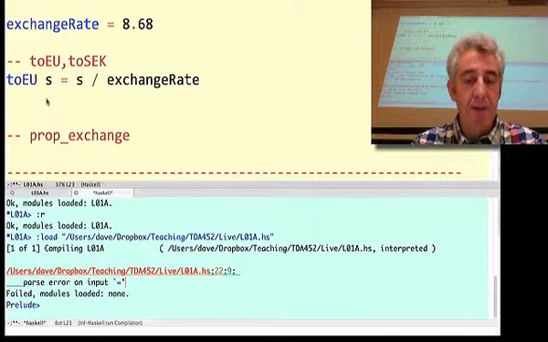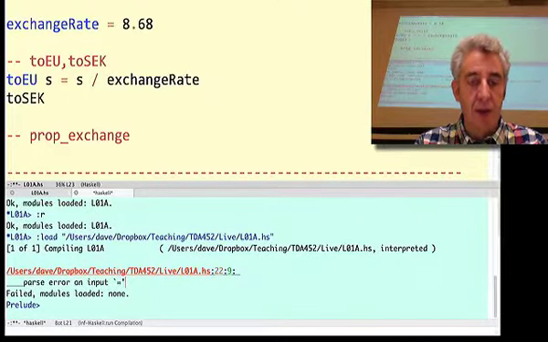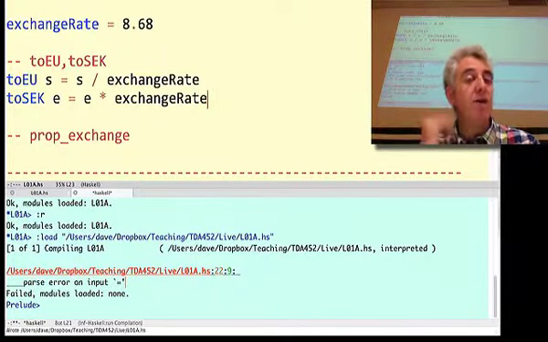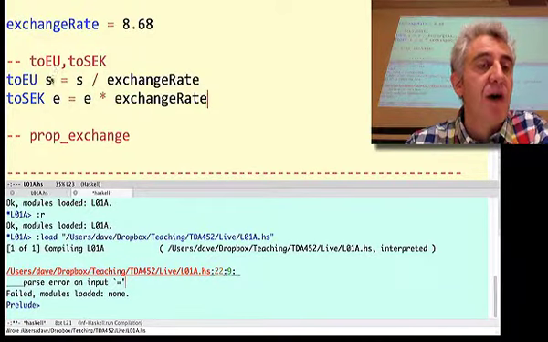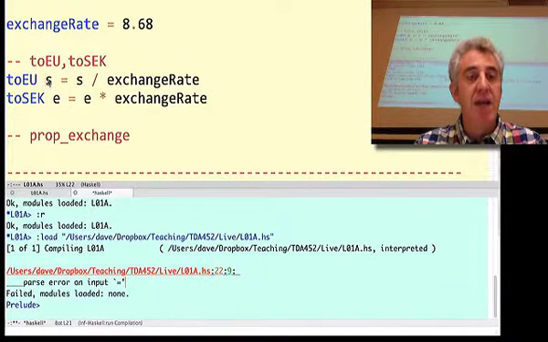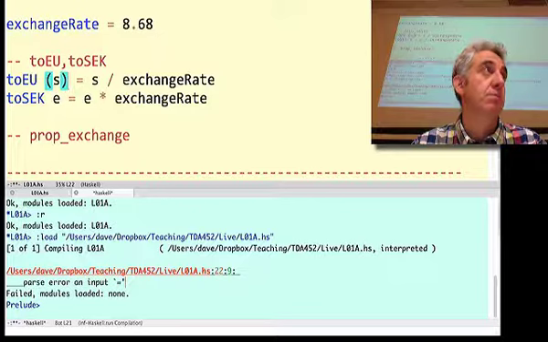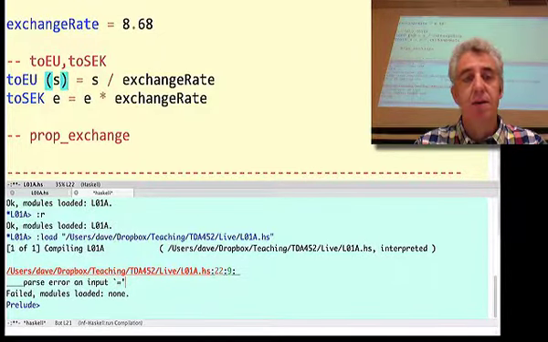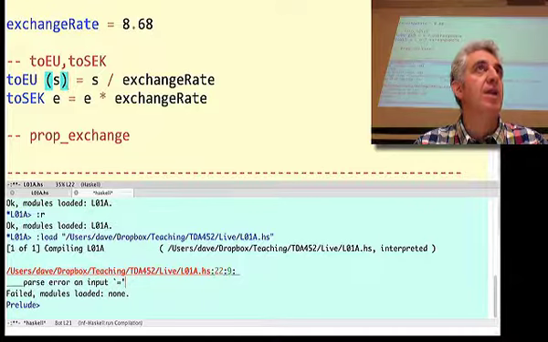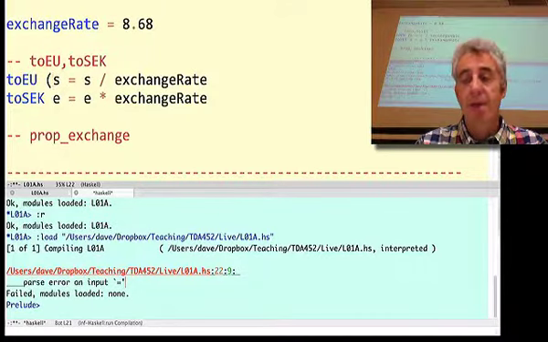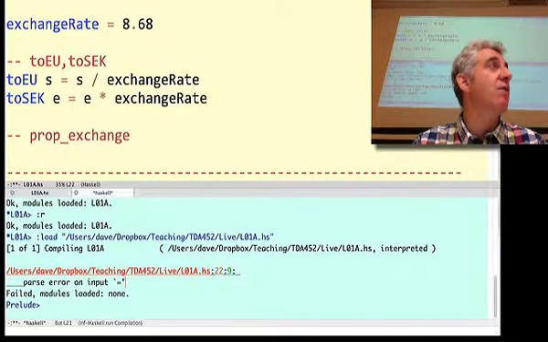Okay, and let me give just for completeness, I'll go the other way. If I have some number of euros, I can get the Swedish crowns by taking the euros and multiplying by the exchange rate. Okay. Now, the only thing you could notice about the definitions that I've given so far is that, maybe different from other languages you've seen, I didn't put in brackets around the argument to the function. Okay, and the reason for that will become clearer later, because in fact without brackets we can do more things with functions than with brackets, but for the moment you should just think of it as unnecessary syntax.